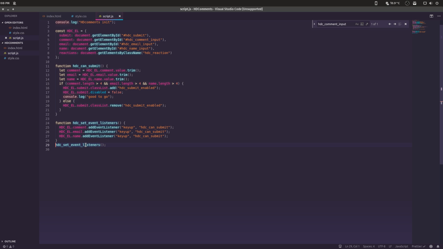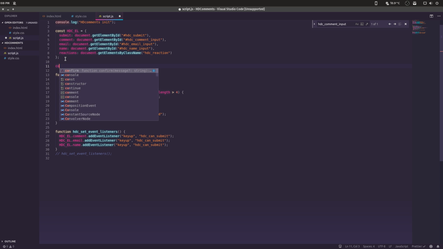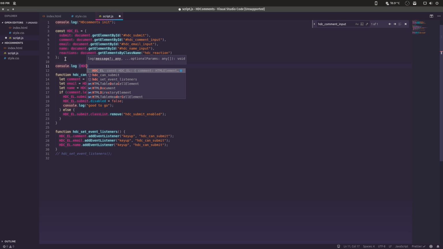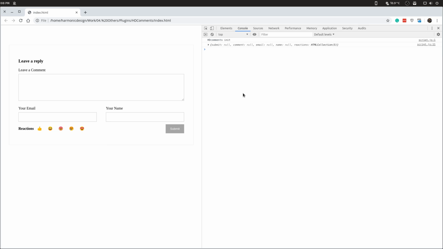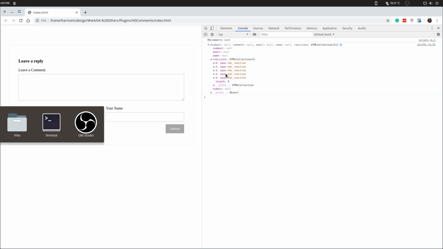Let's do a quick test here. I'm obviously missing something stupid. So let's actually output the constant and see whether there are any nodes in there. Okay, so all of the nodes are null, except for reactions. So it looks like the problem is,